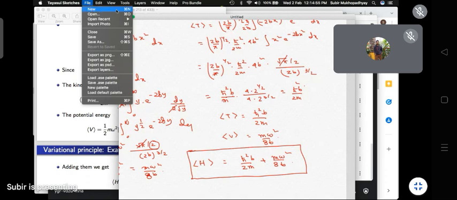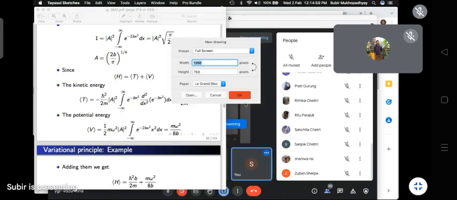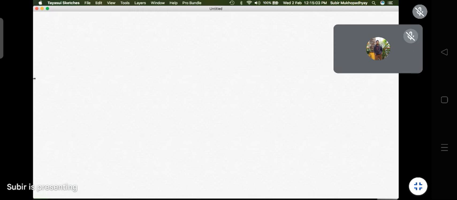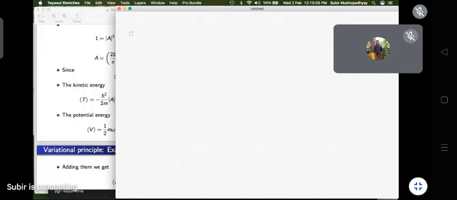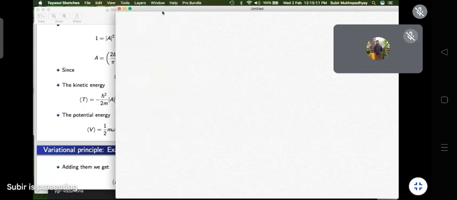So now the variation. So far we have done just simple calculations of finding out the expectation value, etc. Now the variation principle comes in. So now we can make use of this variation. It says that H equal to, so far we have got,